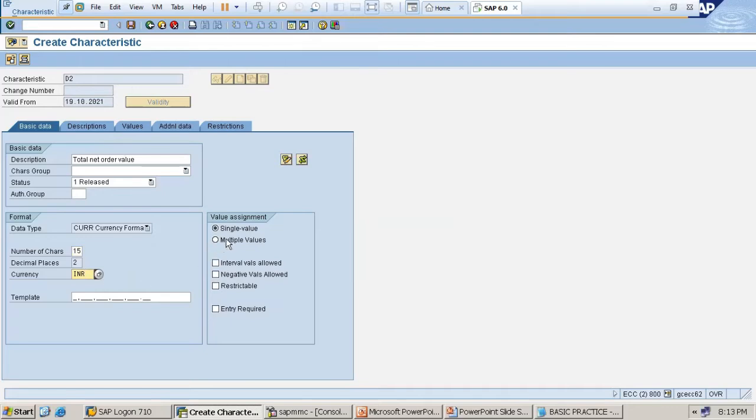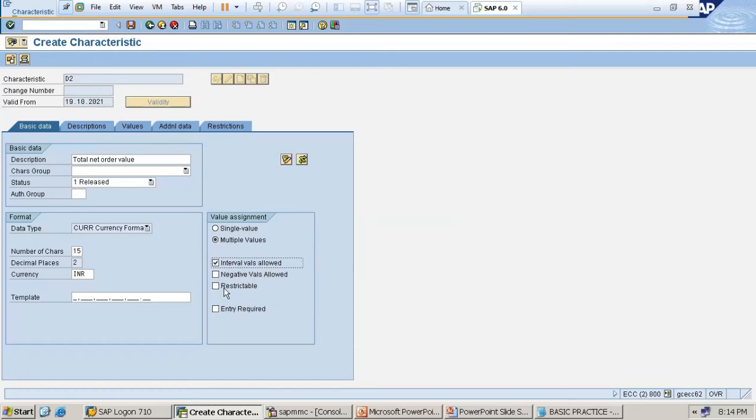Then multiple values: if you want to add one more, intervals are allowed. What's the meaning? Suppose 1 to 100, then the middle interval 100 to 500. That's the reason intervals are allowed. If you want to enter negative values, negative values are allowed.